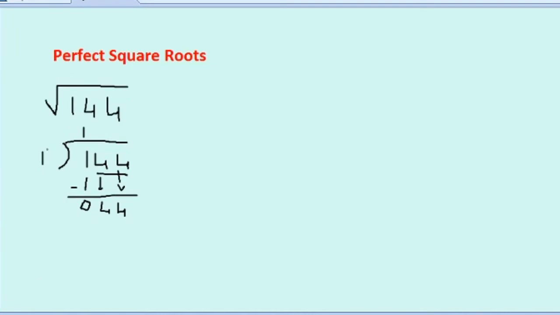Okay. Now what we are having? We have to go to the next process. What is the answer we have written here? 1. So you have to add this 1 to the previous number. Add. Now this 1 plus 1 will become how much? 2. Okay. Now 1 plus 1 is 2.